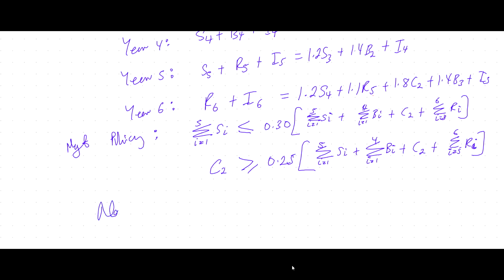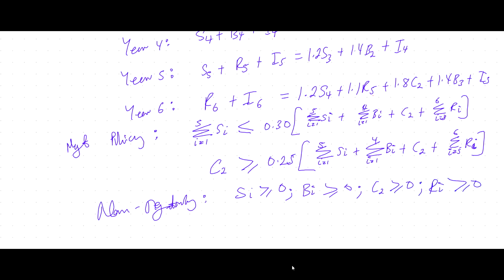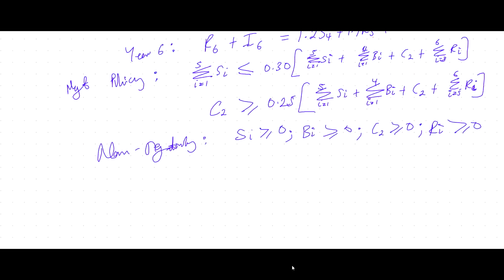Non-negativity. So it means that non-negativity is SI should be greater than or equal to 0, BI greater than or equal to 0, C2 greater than or equal to 0, and RI greater than or equal to 0. So that's it. So later on, you now present this in the